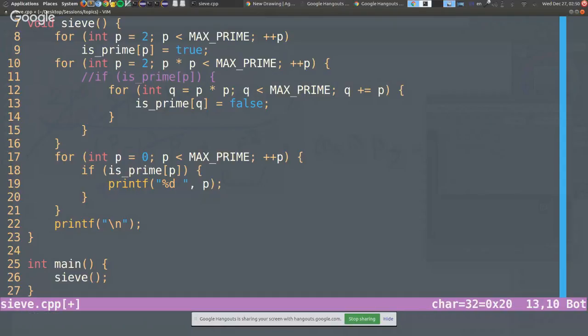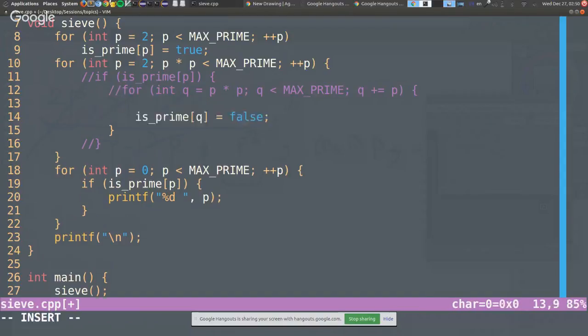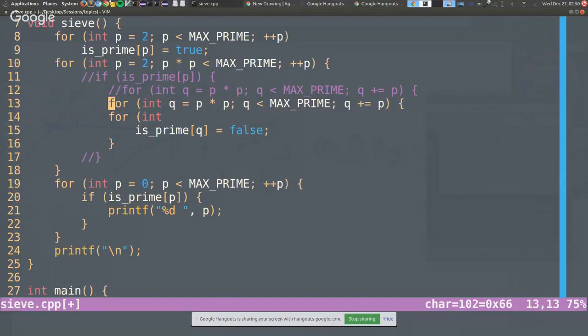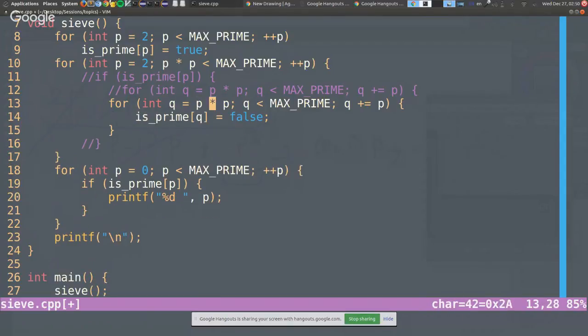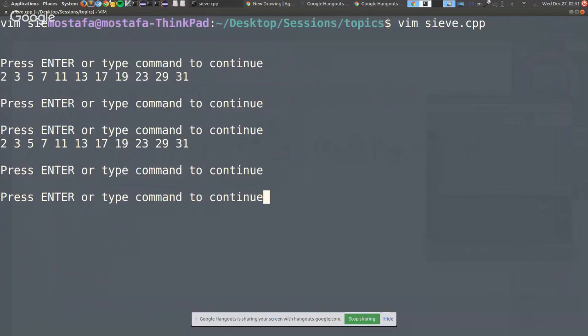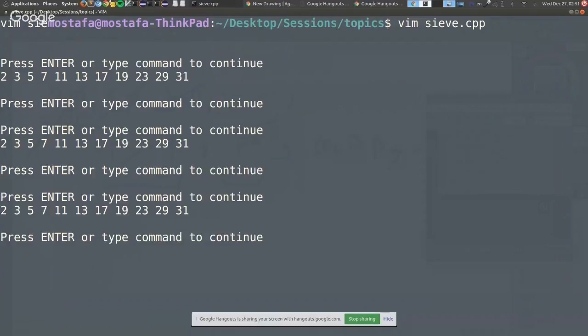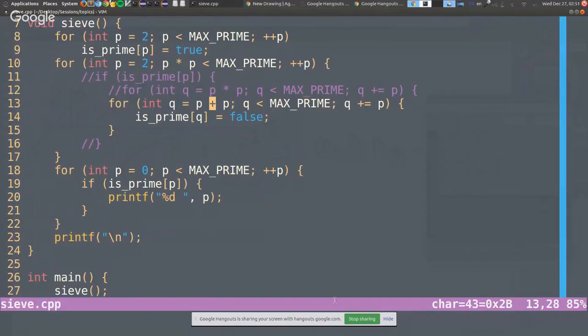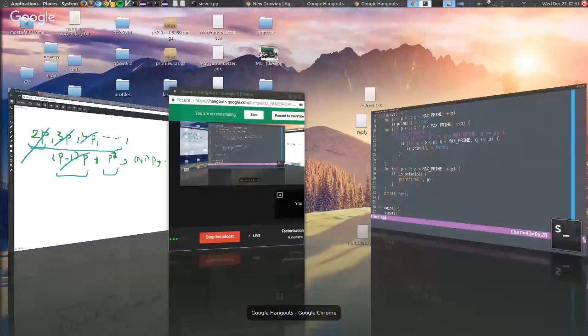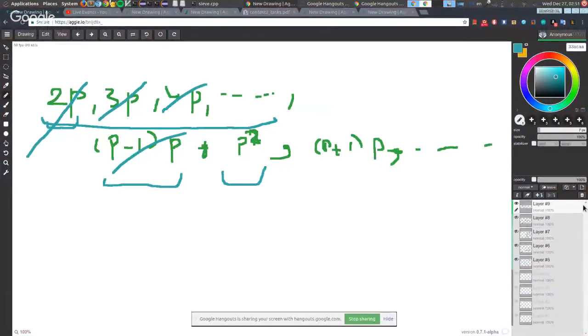So the first thing, I will assume that we don't actually check if the number is prime, and we also go through without this first optimization that I mentioned. So it's like that, so it still gets the same result. So what is the time complexity here? So here we have